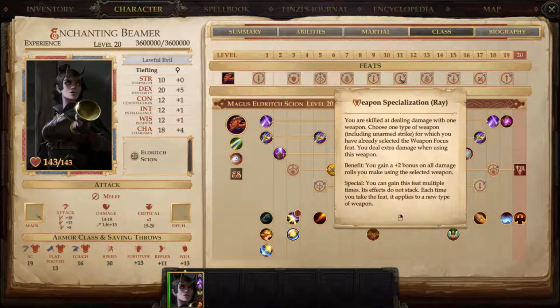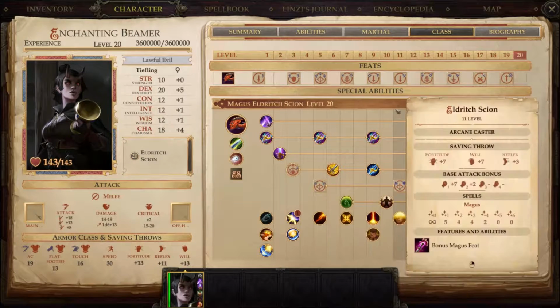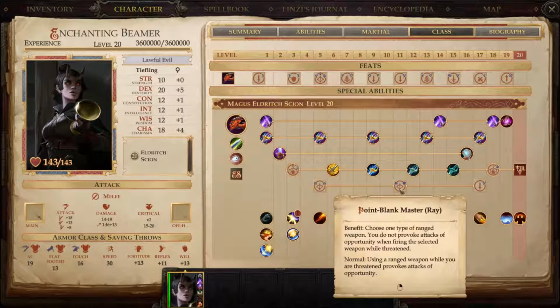But the reason to get this is simply because it really does open up point blank master for Ray. And again, you have to pick Ray. The option will be there, and it's going to open up several options. No, it won't give you any other option than the ones that you have literally weapon specialization in, and it has to be a ranged weapon. In this case, Ray. It could have been dart, it could have been javelin, it could have been bow or crossbow or whatever. But the point is, since we have weapon specialization Ray here, it will open up here for